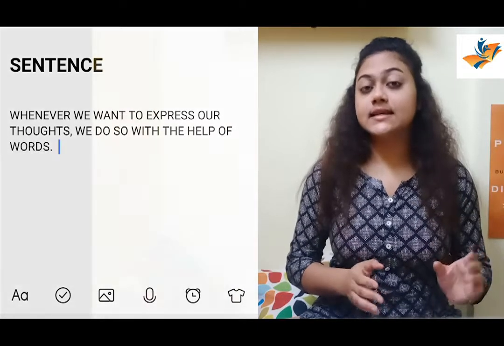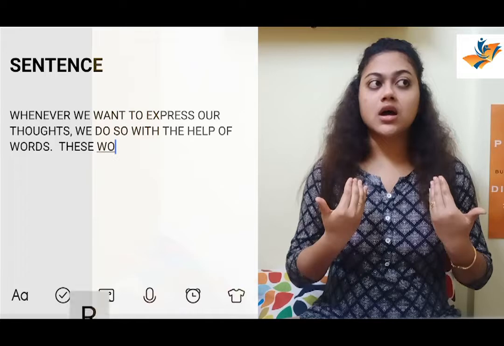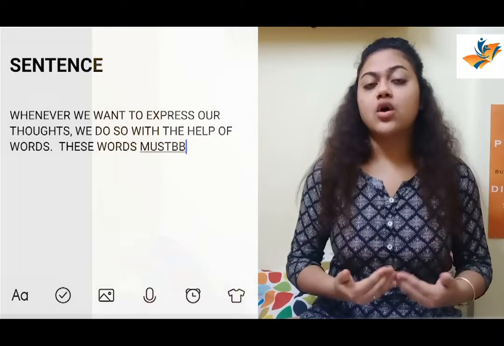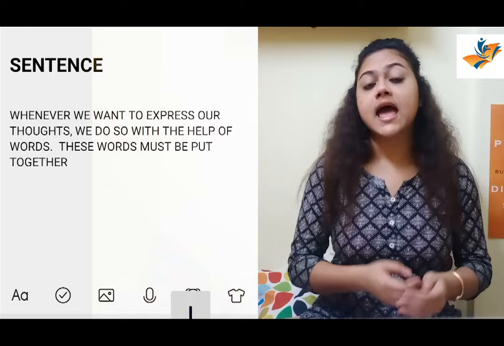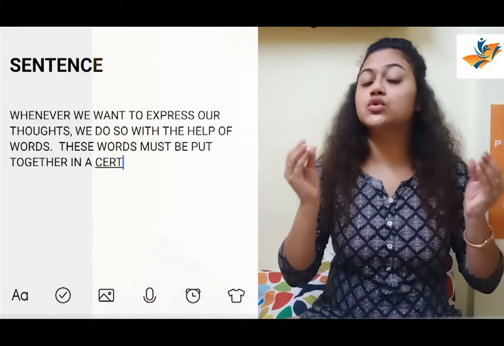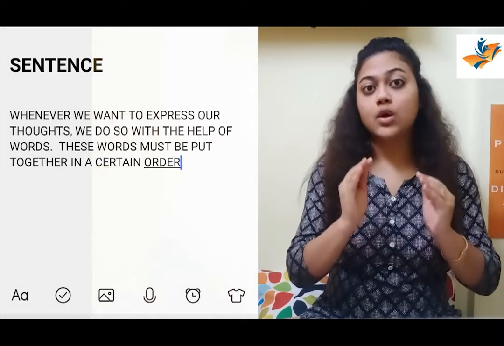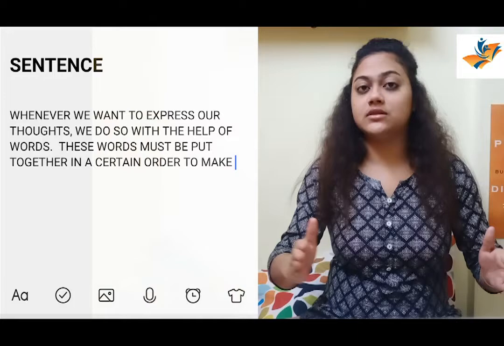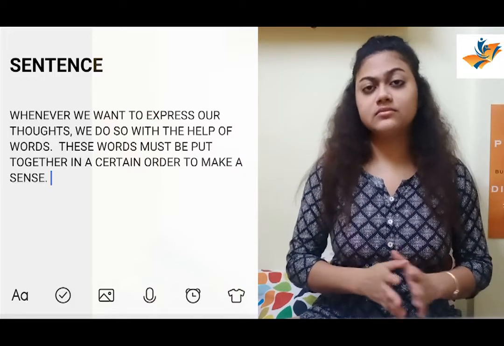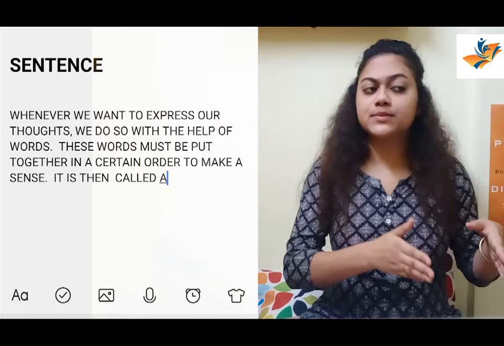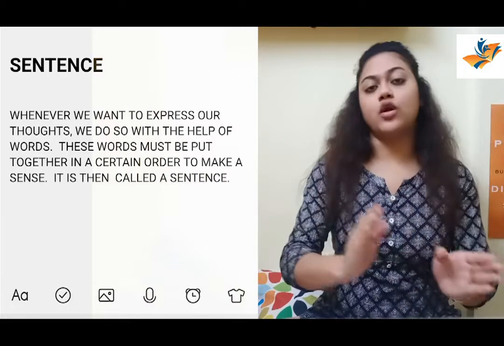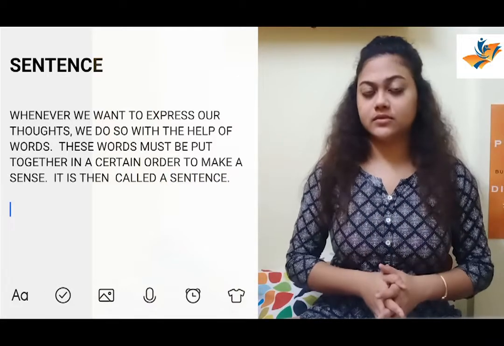A sentence is when we are trying to convey some thoughts or some ideas, and we want to share them, and we collect those group of words and line them up in a sentence. It is all about collecting all the words and putting them properly and forming a proper sentence.